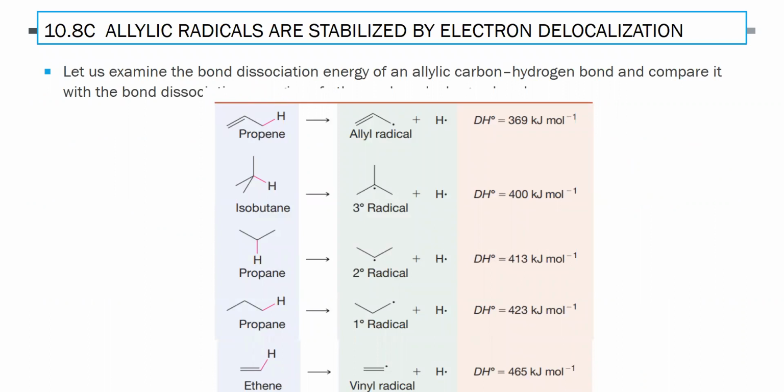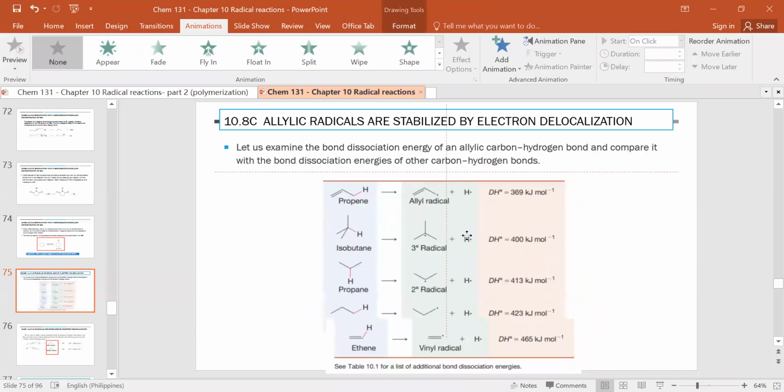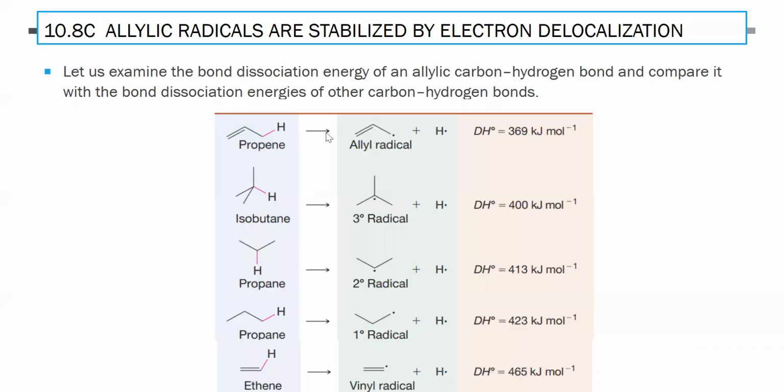So here, let's examine the bond dissociation energy. The bond dissociation energy of an allylic carbon hydrogen bond, and compare it to the bond dissociation energies of other carbon hydrogen bonds. So here you have your CH at an allylic position, and we do the dissociation energy, delta H. We actually have 369, it's positive, energy is absorbed once we break a bond, and